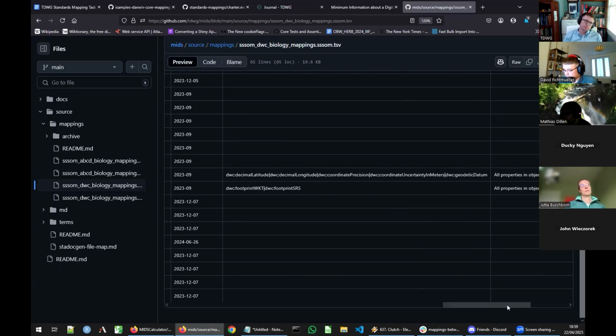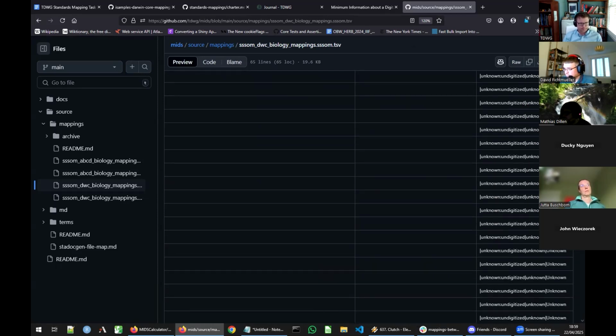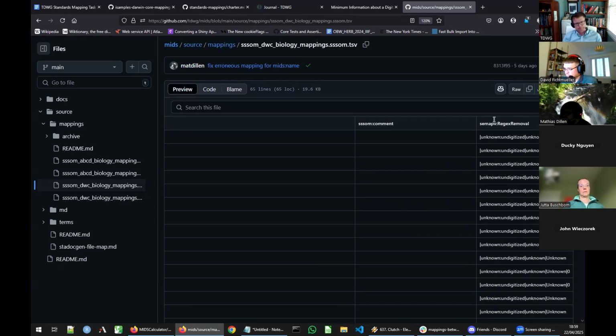The other one is the regex removal. This is something that we added to be able to deal with different kinds of null or unknown values. We know those are quite commonly present in data, but the meaning of unknown is not always clear, and we wanted to include a mechanism in MIDS to specify values that we don't accept as actual values representing digitization. Ideally, there'd be best practice and a vocabulary for this sort of thing, of what represents an actual digitized value and what does not.